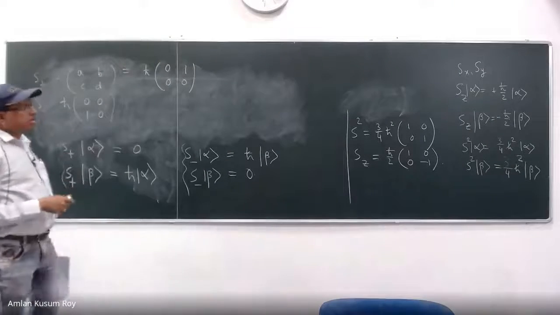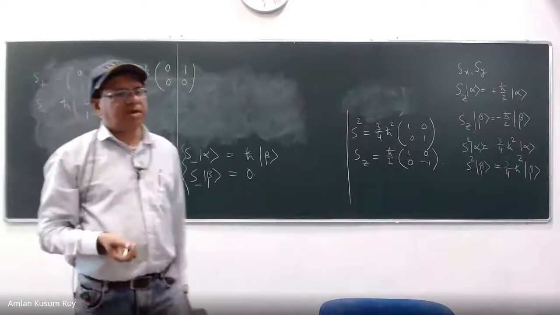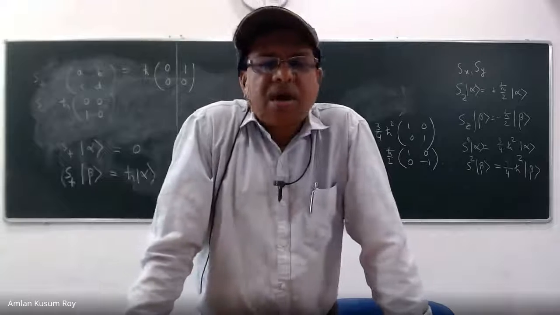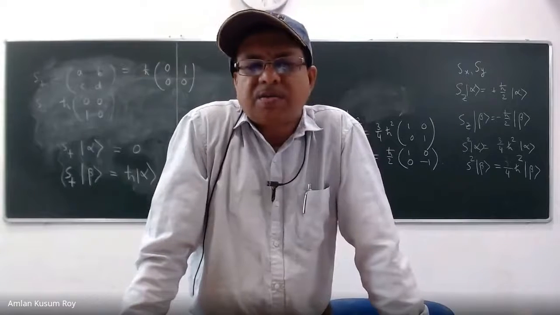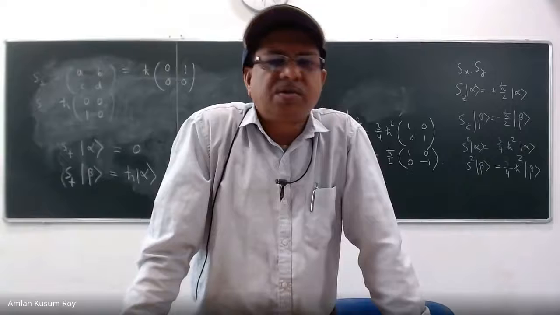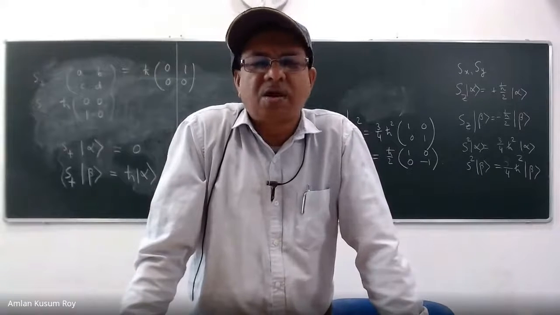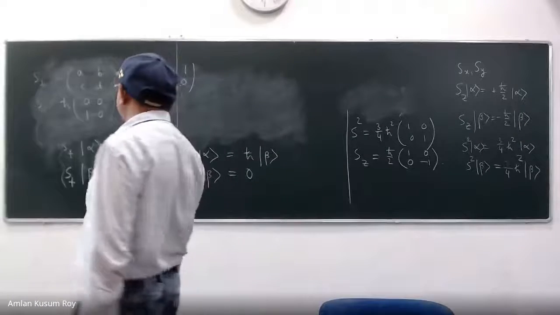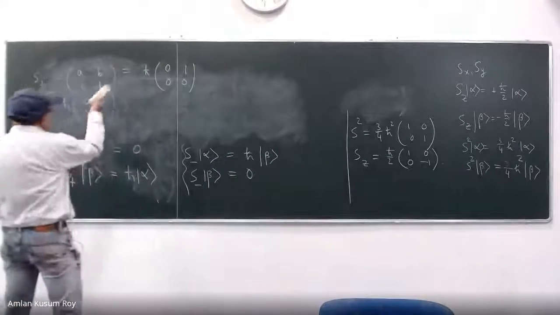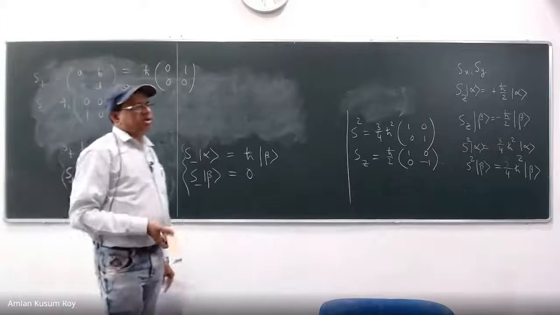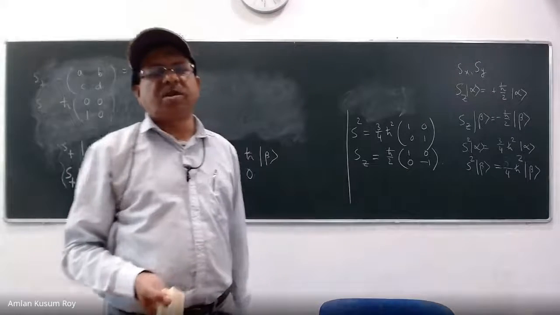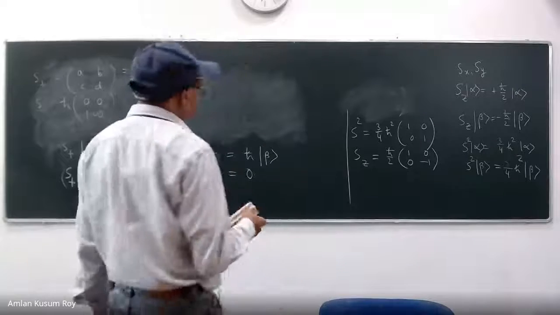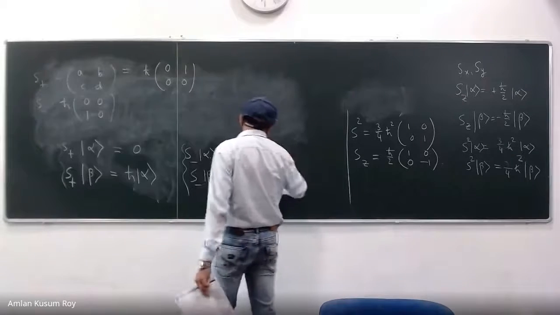Now this little exercise has taken us 10 or 20 minutes, but it has made you extremely independent. For every single spin, you can use these 1-2 ideas to write the matrix elements, and you will not be afraid of anything. In our times, we used to be afraid of a lot of things in quantum mechanics. But for every single spin, even if you have spin equal to 1, so you have 2S plus 1 equal to 3 states, you can derive 3 by 3 matrices. The procedure will be a little lengthy, but you can work it out. There is no difficulty.